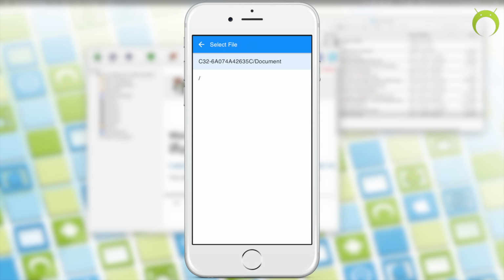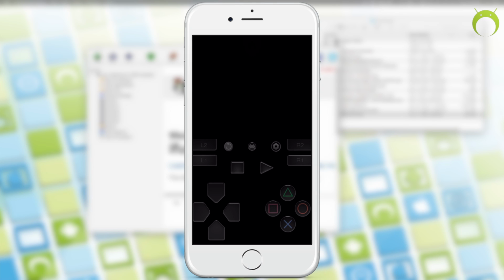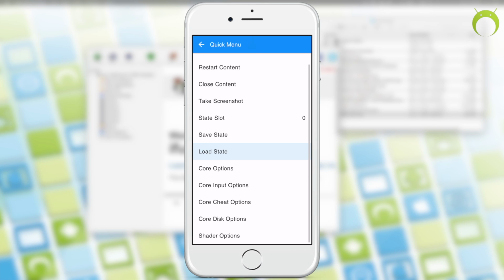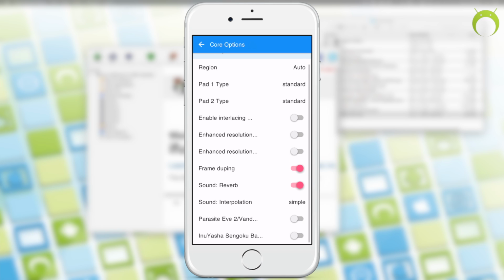Once you have your PlayStation 1 overlay, you can go back to the home at the bottom left, and then what you want to do is select File and Downloaded, and that will take you automatically to where our ROMs are in the Downloads folder. And then once you click on the game you'd like to play, click on the core that you'd like to play it with, which in this case is the PSX core, and you'll notice that it won't work, which is completely fine. What you want to do is click on the RetroArch icon in the middle, and then go to the core options right here, and change enable interlacing to on, just as I'm going to do right here.